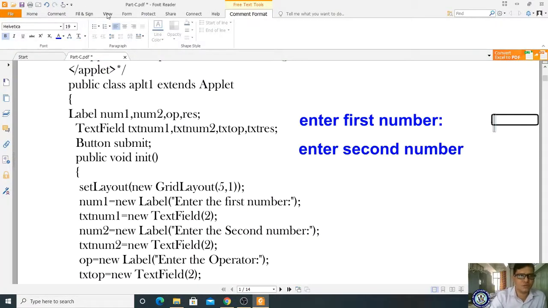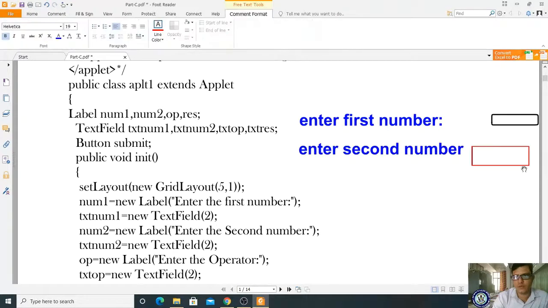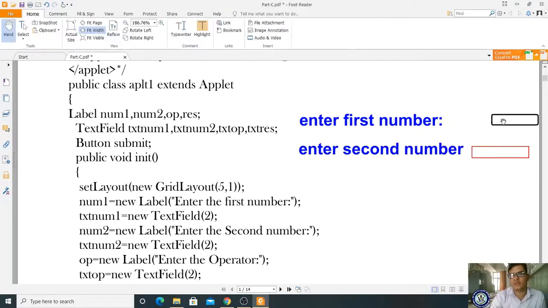Just a minute. View. We take text box. Whether it will appear? Yes. So likewise, it will appear. Okay. Text box is appearing here, right? So likewise you are doing.